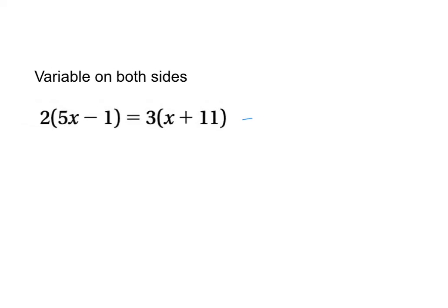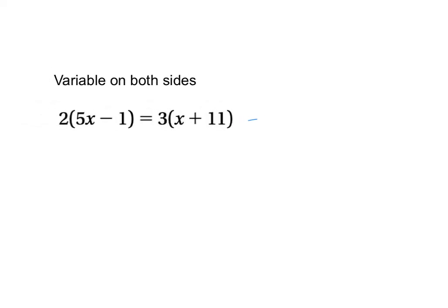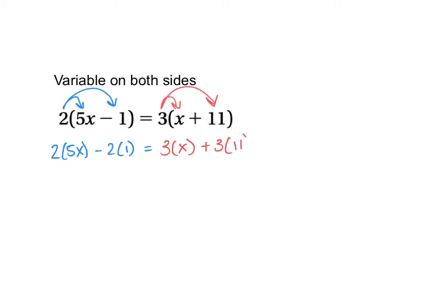Okay, and then now we've got a little bit of a different problem. So we've got variables on both sides, but we also have to distribute, okay? So what we do when we distribute is we take this 2 and multiply by both terms inside the parentheses, and we also take this 3 and multiply it by both terms inside the parentheses. So now what we're going to have is 2 times 5x minus 2 times 1 equals 3 times x plus 3 times 11. This left side is going to give us 10x minus 2 equals